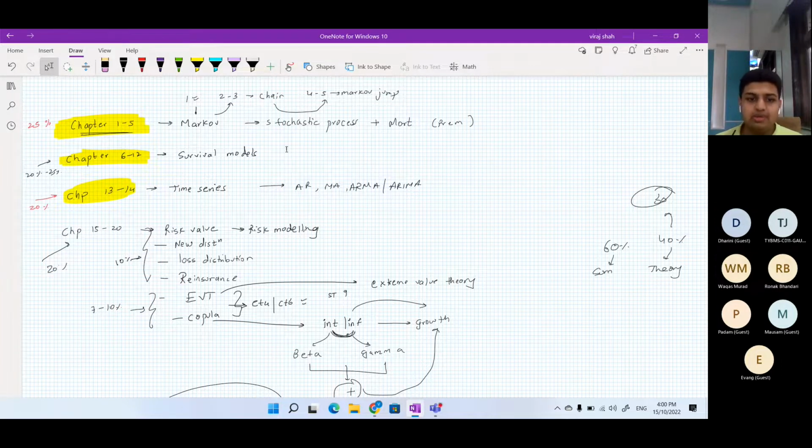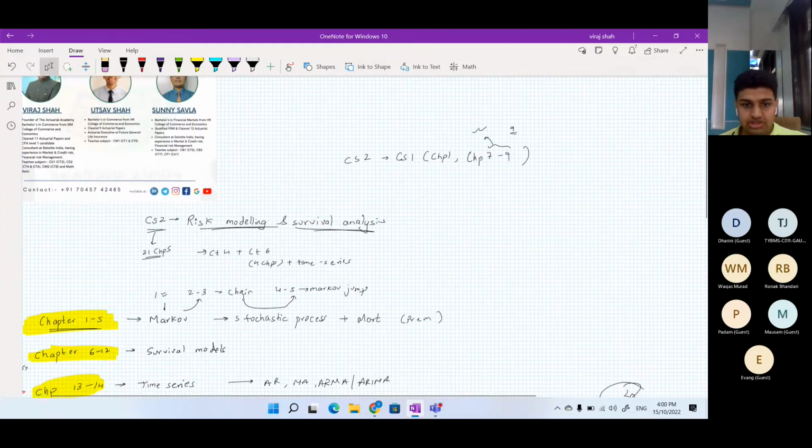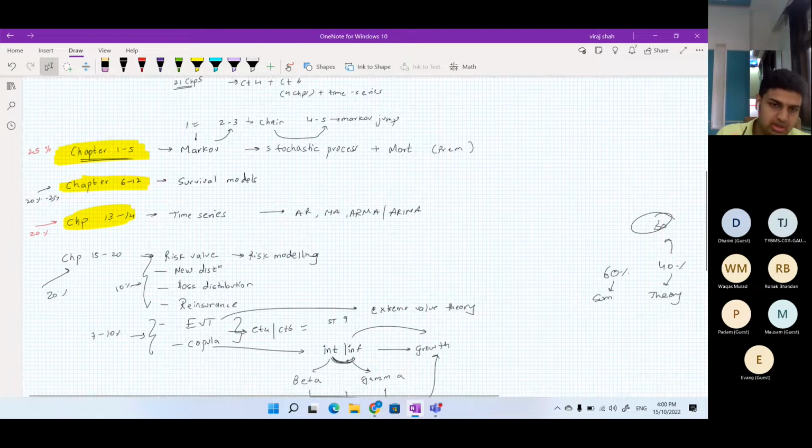Some chapter wise tests such as machine learning. Markov chain jump, meaning only the second chapter is chain. The third chapter is not an important chapter. So that will be a chapter wise test. You do not have to worry about which one is chapter wise and which is not.